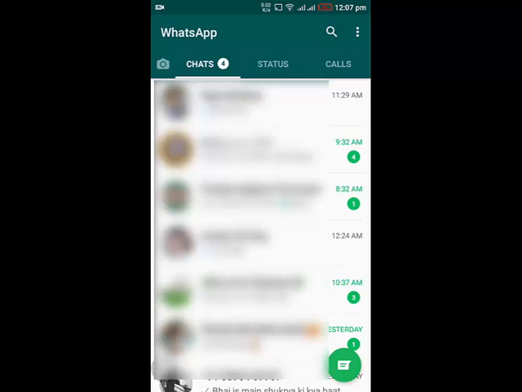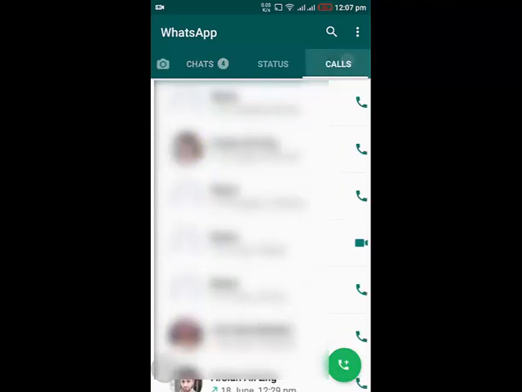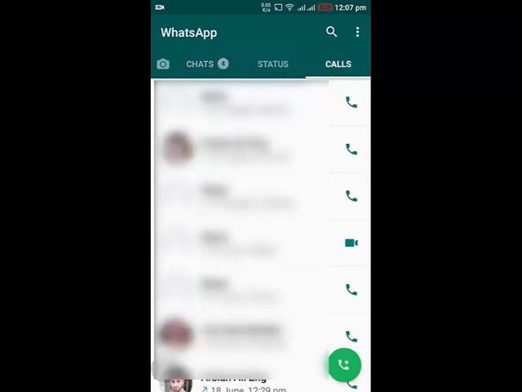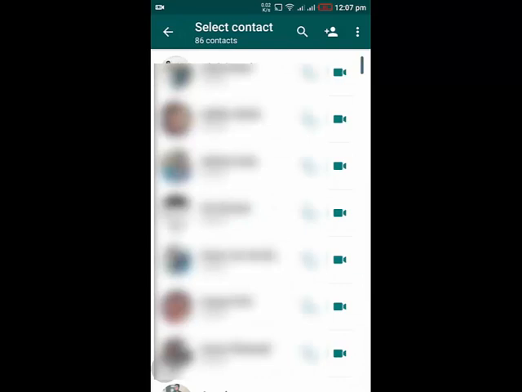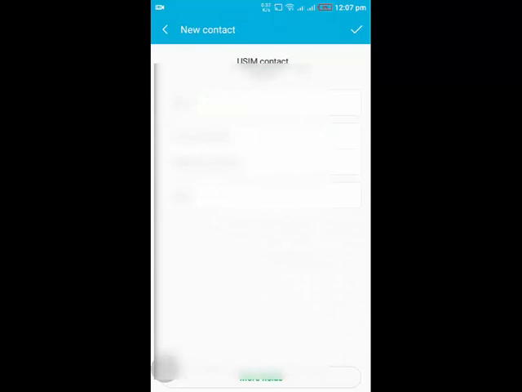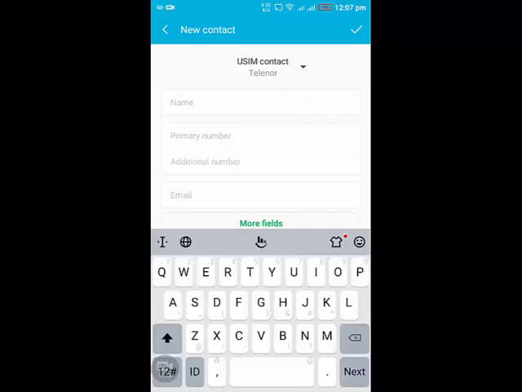The other way is to just tap on the call section, and tap on the phone plus icon, this icon, and tap on add contacts, and after this you have to type the name and number and click on the tick icon.